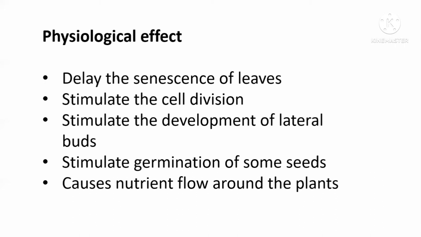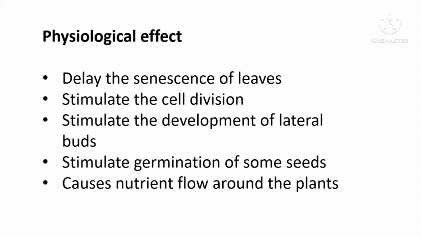So in order to produce the energy, the leaf needs the mitochondria. Therefore, the mitochondria is not broken down until the end. At last, the mitochondria will be broken down, then the shedding, the abscission of the leaves will happen. This process we call senescence of the leaves. So why I said all these things? When it comes to this senescence process, cytokinin is responsible for delaying the senescence of leaves.